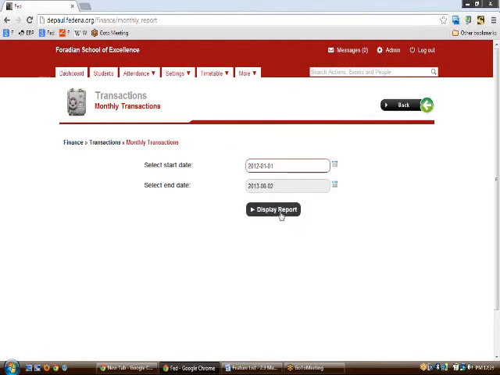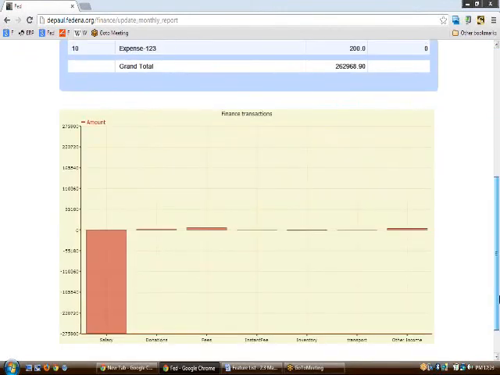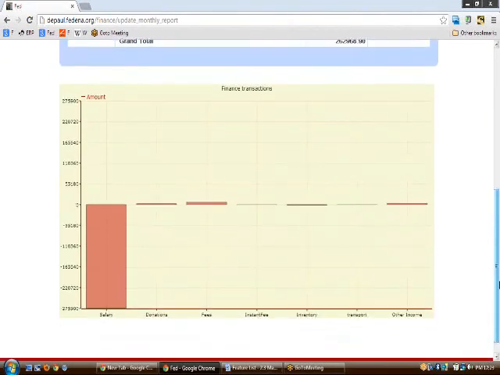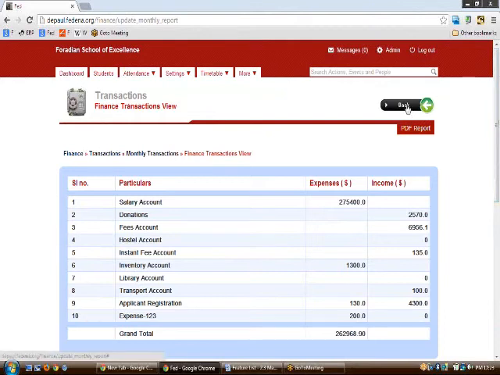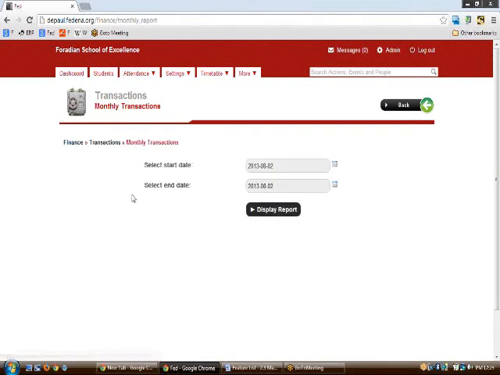So on clicking on the display report button, you would be seeing all the transactions that have occurred from then till now. This would give you a statistical as well as a graphical report. So this was all about the reports part of it.